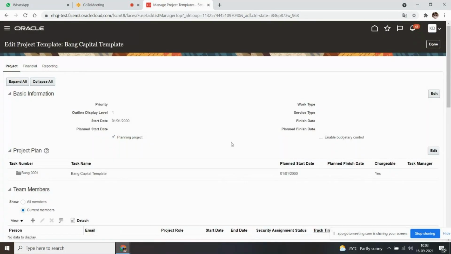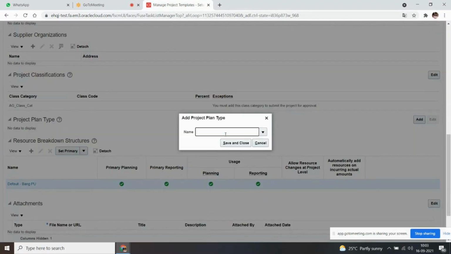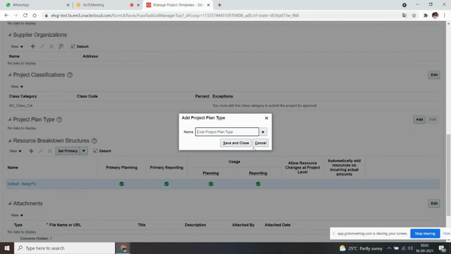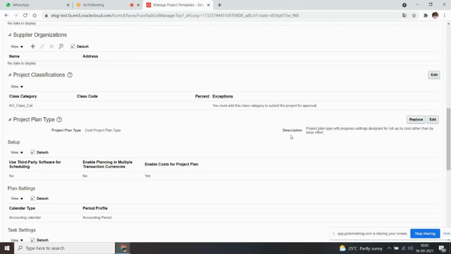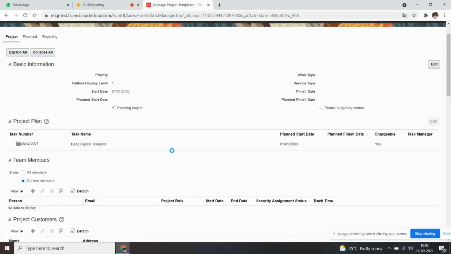Okay, I think we didn't associate the project plan type. Let me pick cost project plan type. And I'll just give one